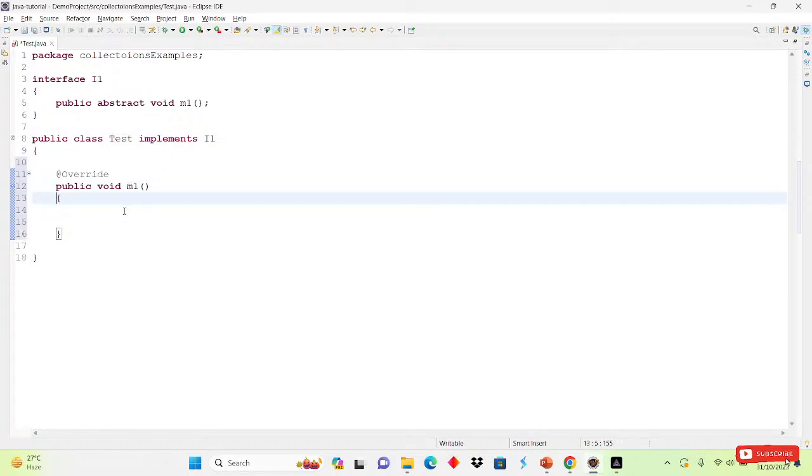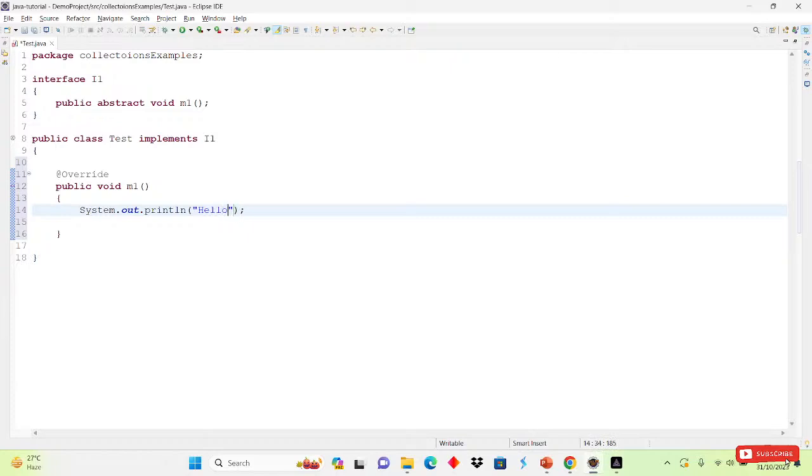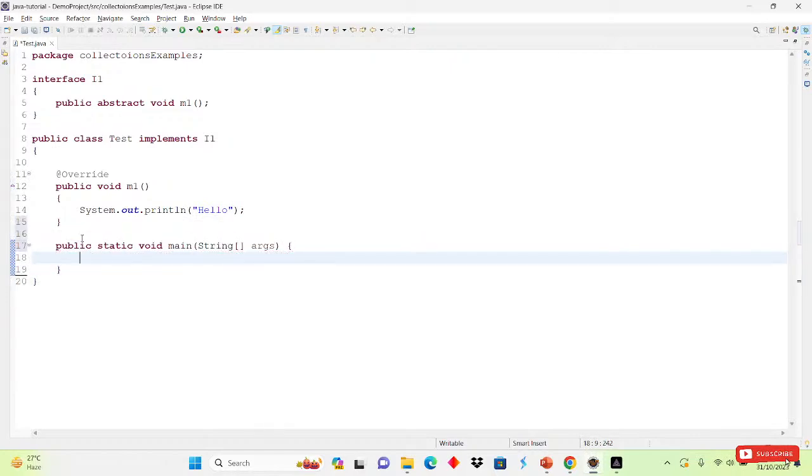And if you want to provide the body, how will we provide it? Simply we have provided it like that, and we can write anything inside the body, like hello. Okay, and now if you want to call this one, how will we call that? Simply write here the main method. Okay, and inside the main method we have to create the object, and with the help of the object we can